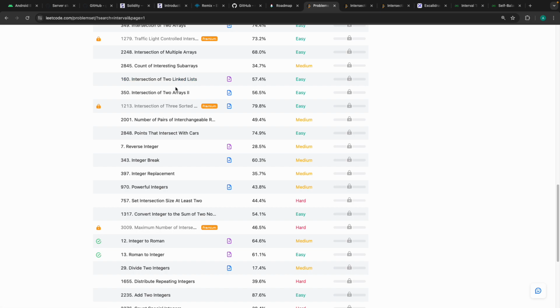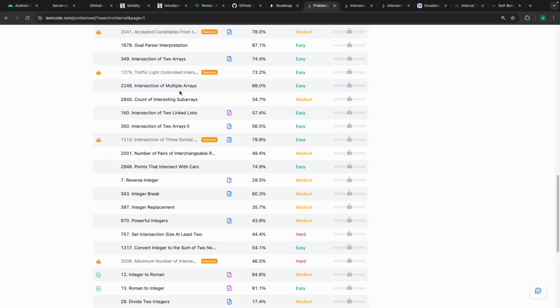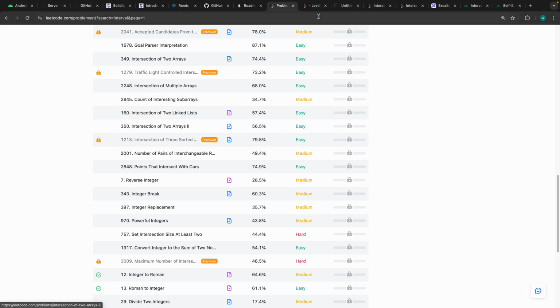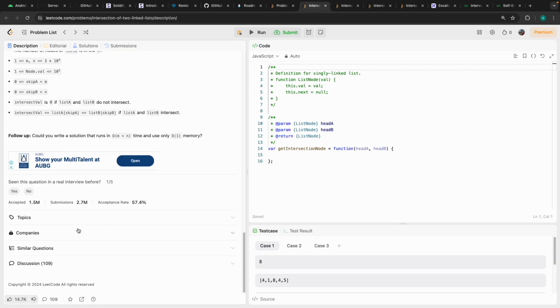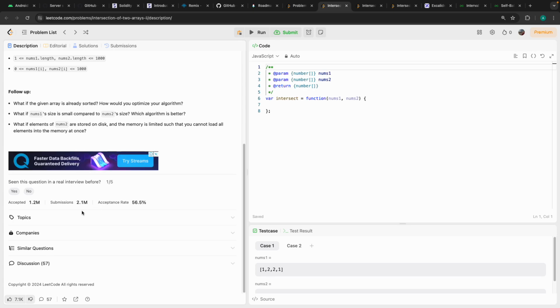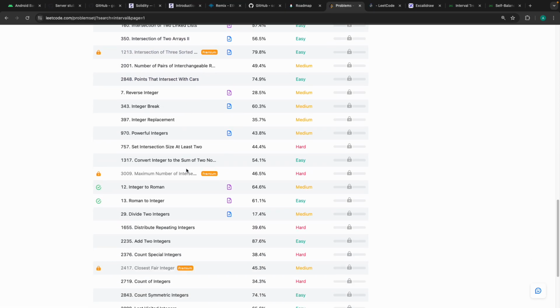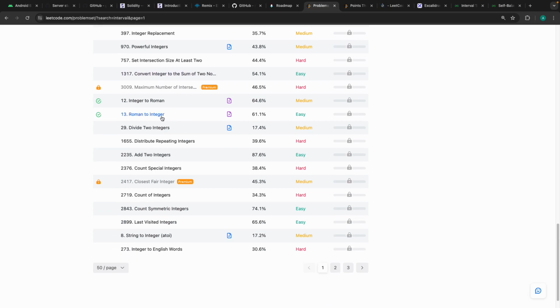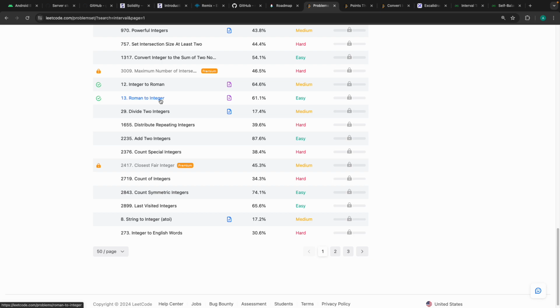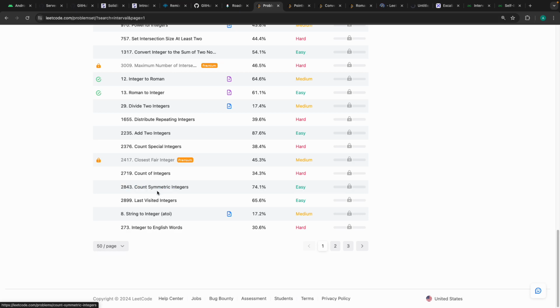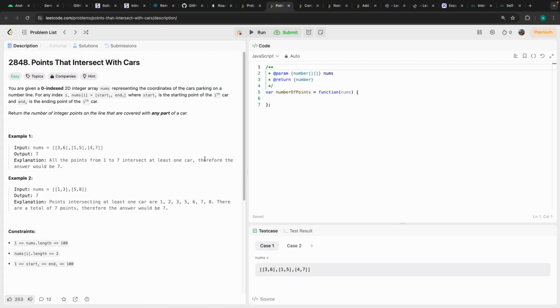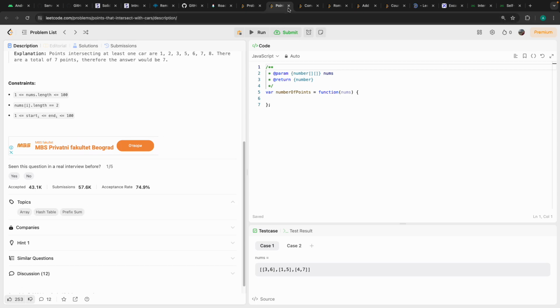Let's try to search more. Two pointers, linked list, no. Hash table, binary search, no. Intersect, integer to sum, Roman to integer. I have solved it. Add two integers, symmetric, last visited. Probably I need to search